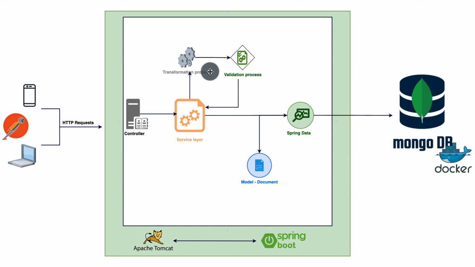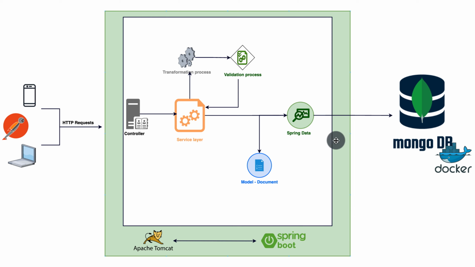Once everything is transformed and we have our object validated, what we need to do is make a call to our Spring Data, which will handle the persistence of our documents. To use Spring Data, we will use a model or a document to communicate with a database which is running on a Docker image